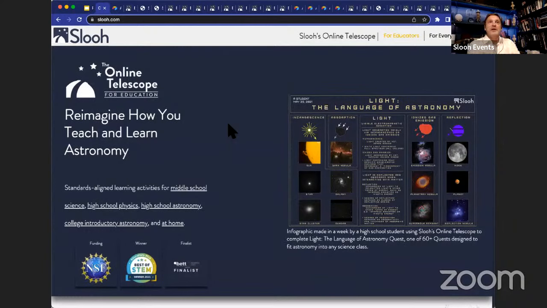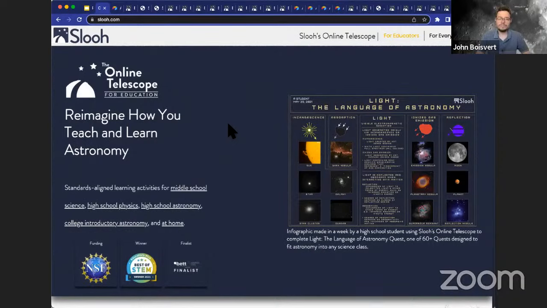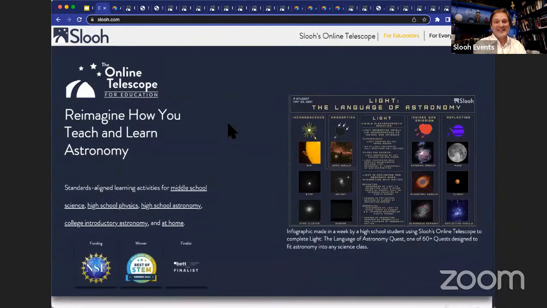John, any final words for anybody thinking of piling over and bringing their students onto Slooh's online telescope platform? Now is the time to do it. This is the perfect time to get any and all students interested in astronomy. But also astronomy is a gateway to all of the other sciences. So this is the perfect spot for you to be in. I am so excited for your students to go through this. This is actually something that I wish that I had when I was their age. Oh my gosh, I wish.